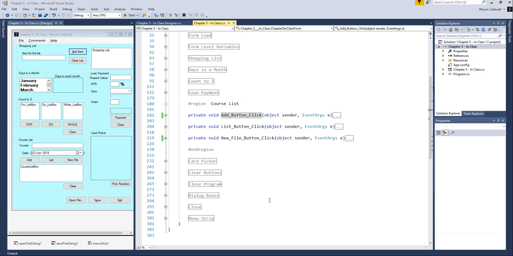All right, back to chapter 5, video number 13. We're going to carry on with the course list program. I've opened up my code, and you can see I've organized it into a region, and my region is going to include 3 command buttons. So we've got 3 click event handlers, one for the add, one for the list, and one for the new